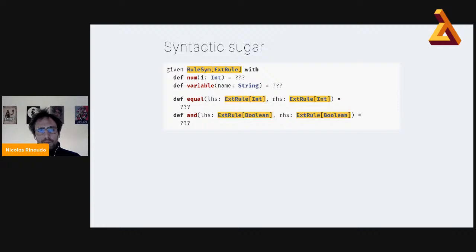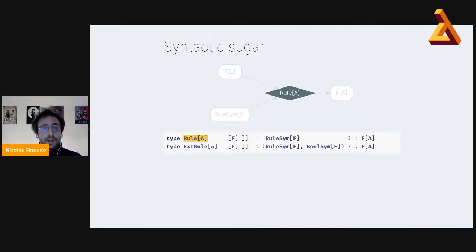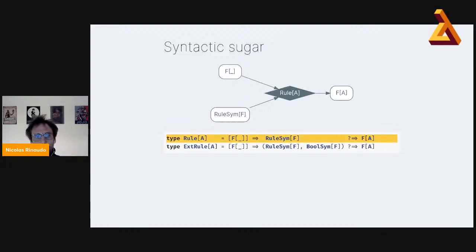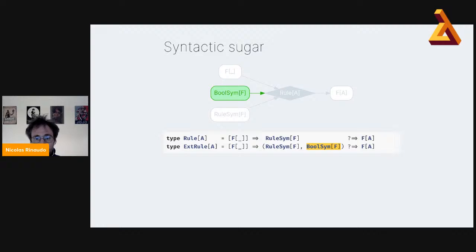You recall that I said it was always worth providing self-interpreters to simplify the syntax, so we're going to do that here. There's something a little bit tricky here. I'm going to do my best to explain. I hope it works. How would you provide a RuleSim of ExtendedRule? In simpler terms, how would you provide an interpreter that, given a rule, interprets it as an extended rule? So how do you turn a rule that does not handle Booleans into a rule that does handle Booleans? Well, this is a rule. It takes an F, a RuleSim, and yields an F of A. And that is how we define rules. But if we add a BoolSim, and we still have this rule, because this is what we got from,